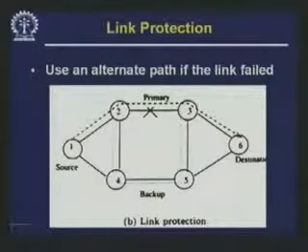So, just as we have path protection, that means for a path you try to give an alternate path, similarly you could do it at the link level also. As a matter of fact, in general it may be more efficient or more proper to do that, because if you have n nodes, and if n is slightly large, potentially you have a very large number of paths through the network, and for each path having an alternate path may not always be a very good idea. So, we concentrate at the link level, and for each link we may give a protection. So, use an alternate path if the link has failed.